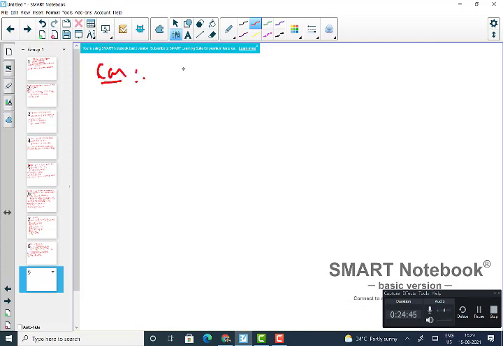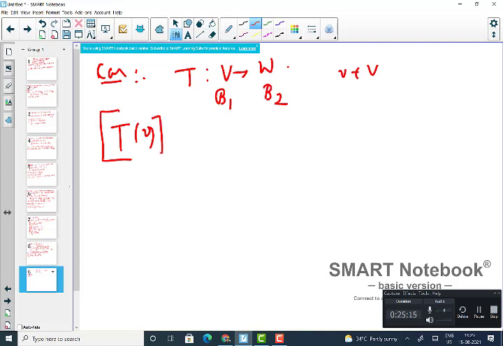So if you have this linear operator T from V to W, and suppose you know the basis, say b1 here and b2 there, and you want to know what happened to any vector. So you choose any vector, say v, and you want to know what happened. T(v) is an element of W, so you want to know the coordinate vector of T(v) with respect to the basis b2, and that will be nothing but the matrix representation with respect to b1, b2